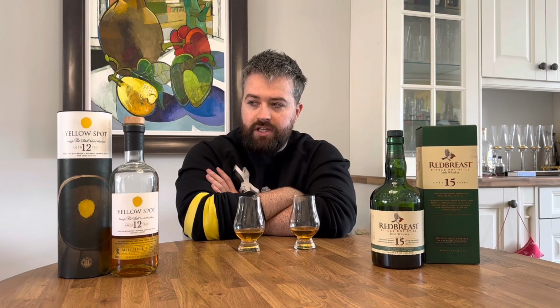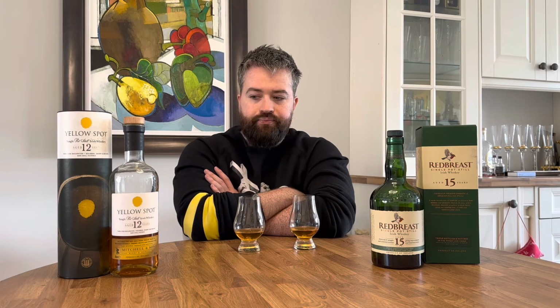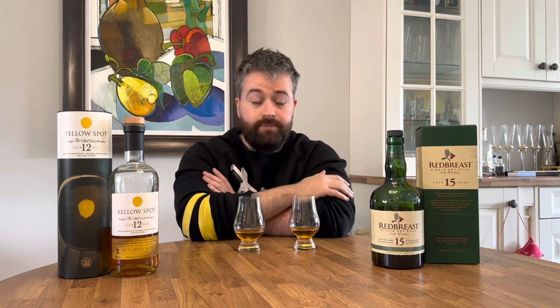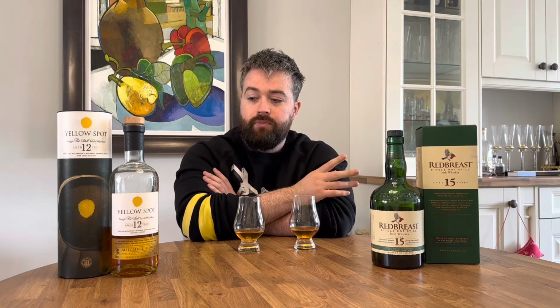Overall, I really like the Yellowspot. I really do like it, but for me, unfortunately, the Redbreast is just on a league above, in my opinion. I do believe the Yellowspot is the best of the three spots that I own, which is green, blue and yellow, and I really like it, but for me the Redbreast is the better whiskey. It's also 3 years older and the same price,